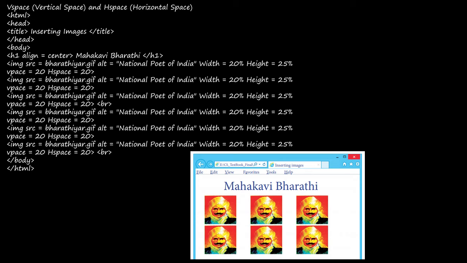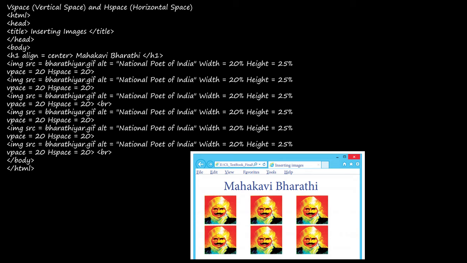Here we have seen alt, width and height, V space, H space. They have given this example on page number 270, and if you see the code, you will understand. Inside the body tag, first they have given a heading, and then image source, alternative text, width 20%, height 25%, and V space and H space 20.